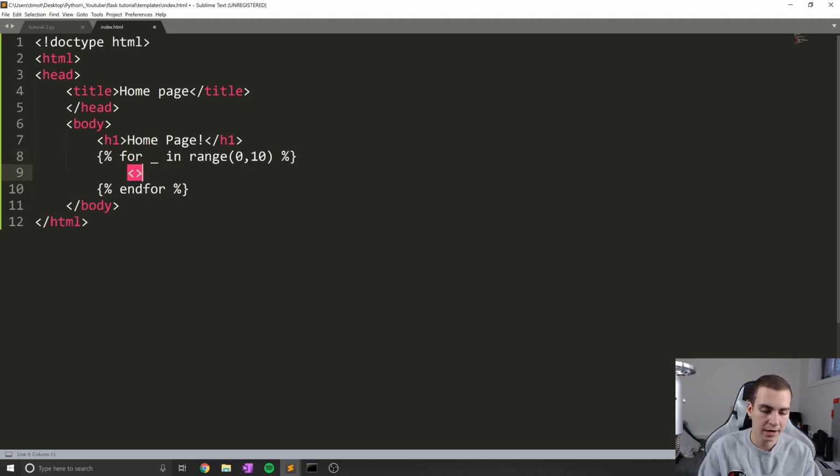Inside here, I could actually put some HTML code, and I could do P, and I could just say hello 10 times if I wanted to do that. So actually, let's just make range 10. We don't need that 0. But this is kind of how this works. Whenever you want to declare an expression, what you can do is use this % and then write some Python code, close it with the % and the curly bracket, do whatever you want inside this for loop, and then end the for loop by just doing end for. And the same